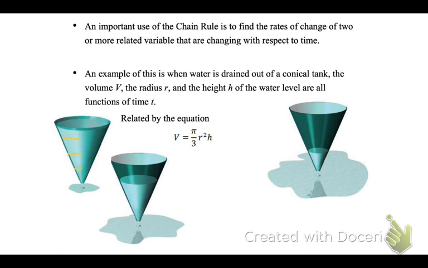volume, if you don't know volume, you need to know volume. The volume of a cone is pi over 3 r squared h. You might need that today. That's the volume of a cone. R is radius, h is height. So as that water drains, my radius is changing. So I need to figure out the rate of change for the radius. And